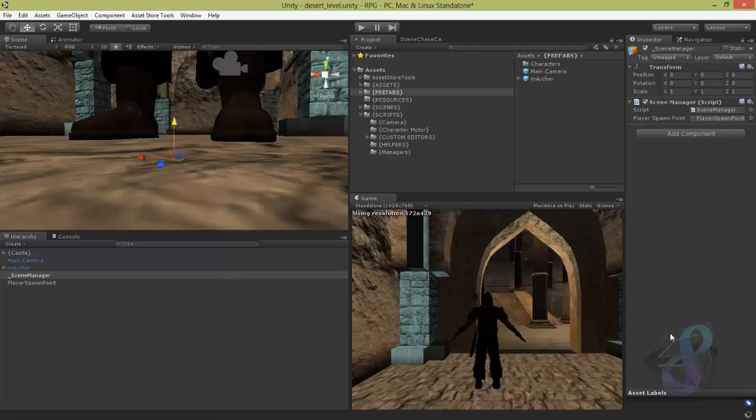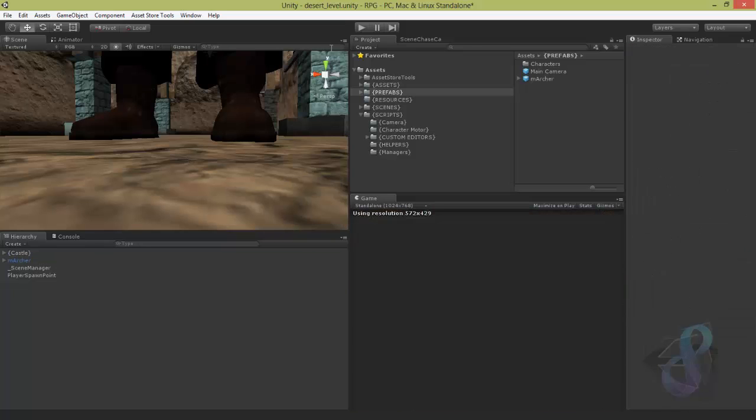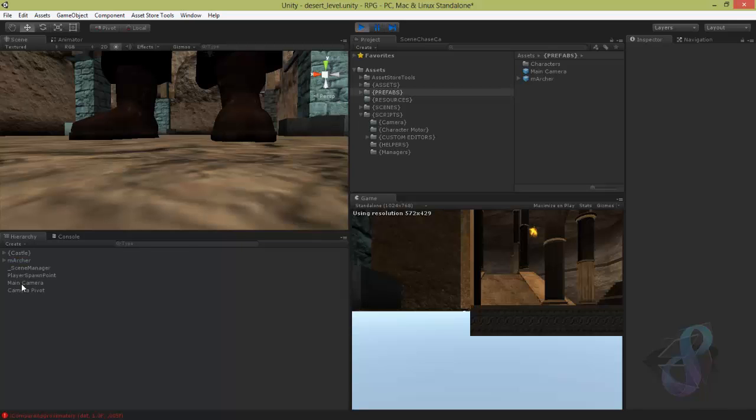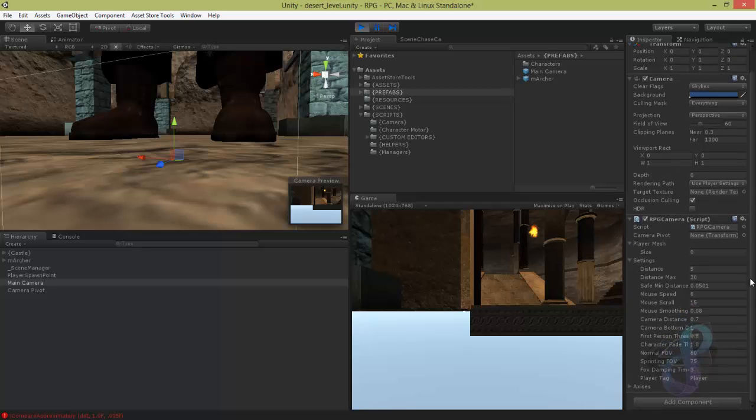Compile, please compile. Okay, and I add it to player prefabs. Nothing will change. The only thing that will change is that if I don't have a camera and I hit play, I should get a camera and a camera pivot, but what's going on now is that my camera has main camera, RPG camera, okay,